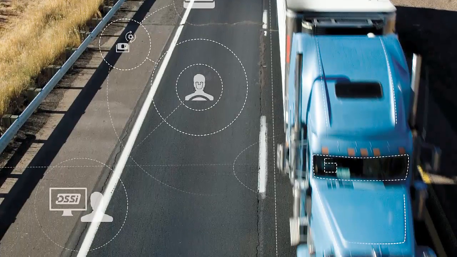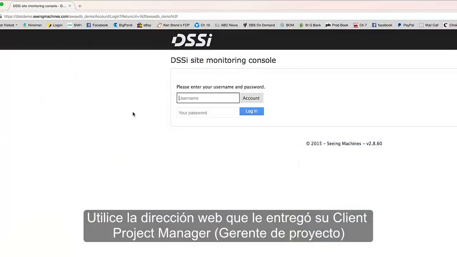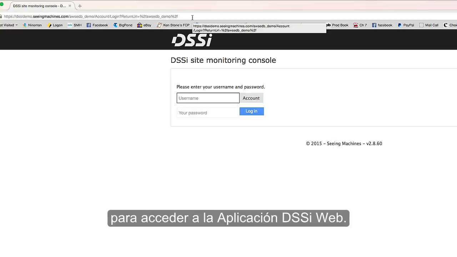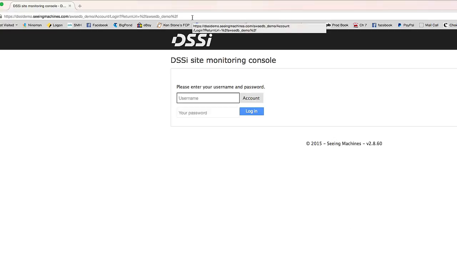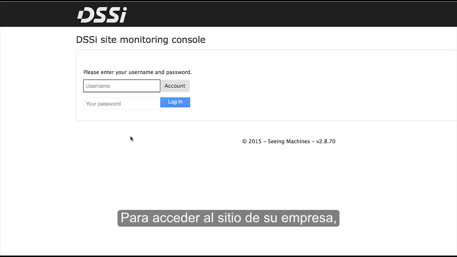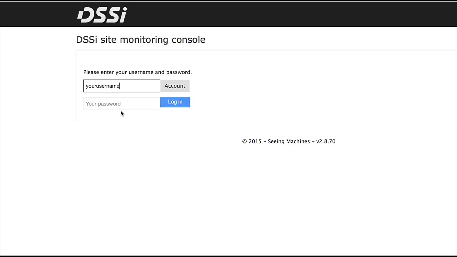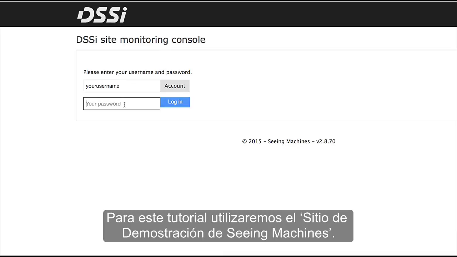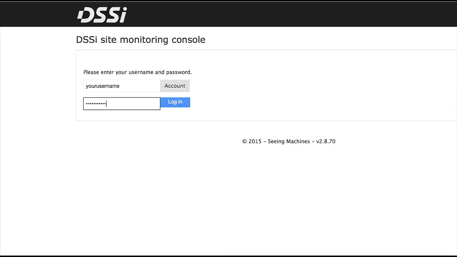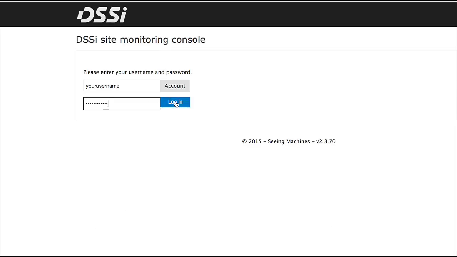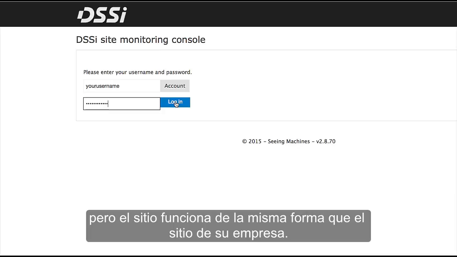Let's get started. Use the web address your Client Project Manager provides to access the DSSI Web application. To access your company's site, you first need to log on using the unique username and password provided to you. For this tutorial, we'll use the Seeingmachines demonstration site. None of the events are live events as this is a demonstration, but the site functions exactly the same as